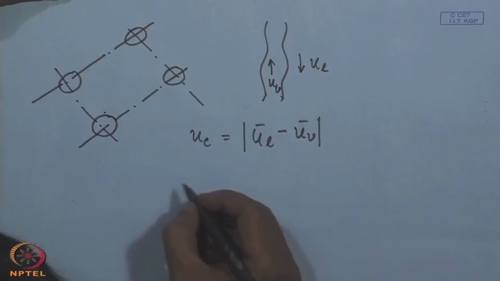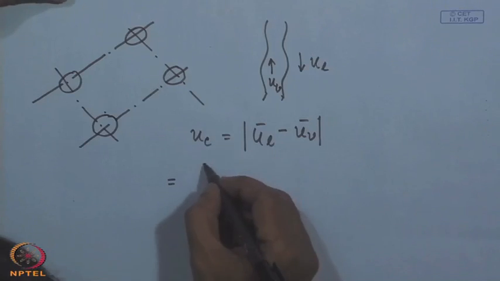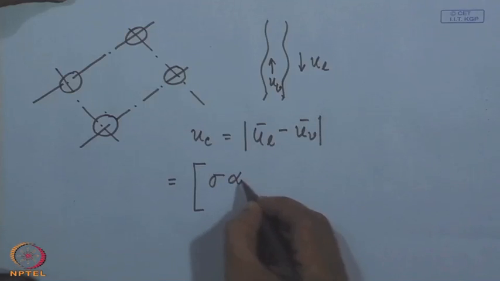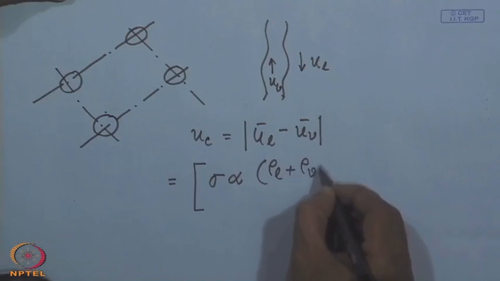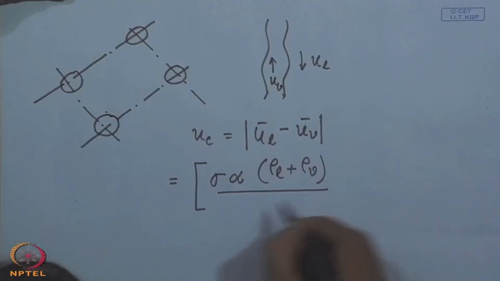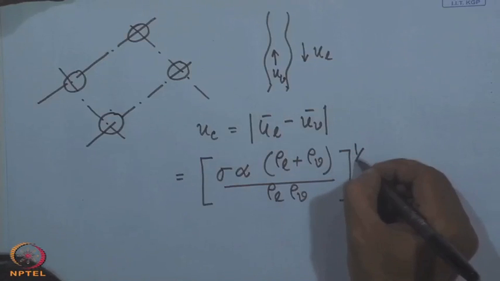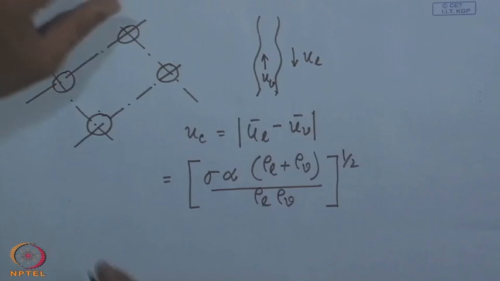And one relationship has been proposed for this relative velocity, which is given by sigma into alpha, rho L plus rho V, divided by rho L rho V, whole to the power half. Here sigma is the surface tension of the liquid, alpha is the wave number,